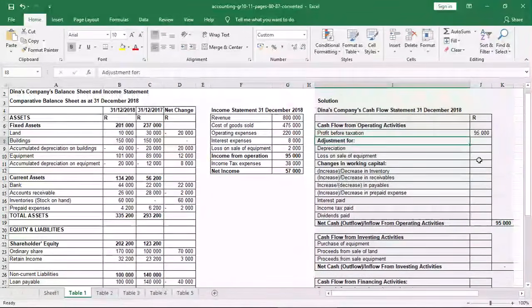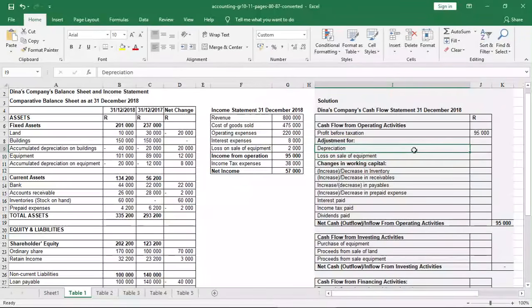So we've done profit before taxation, and then after profit before taxation we have to do adjustments for non-cash items. Remember, I already plugged this one in before we started with the video, so that I can decrease the amount of time we'll spend. But we have to adjust for all non-cash items, and what I saw the non-cash items to be was depreciation and loss on sale of equipment. Even profit on sale of equipment, remember it will be a non-cash item. It will be an income in the income statement, but there will be no movement of cash. So a non-cash item is anything that does not have movement of cash,